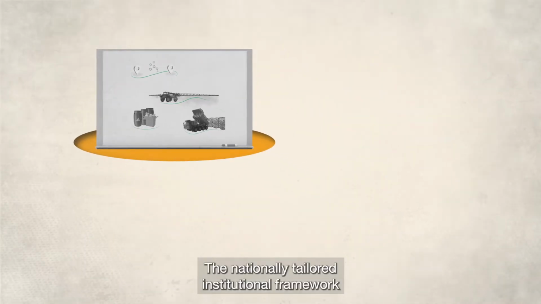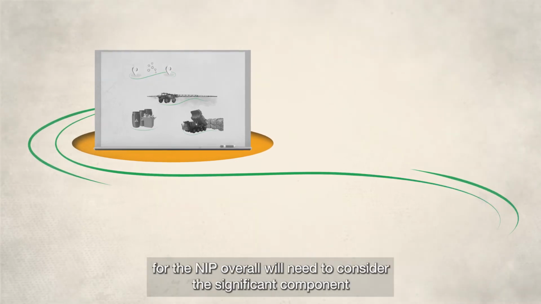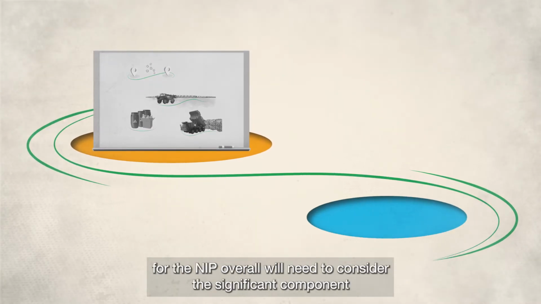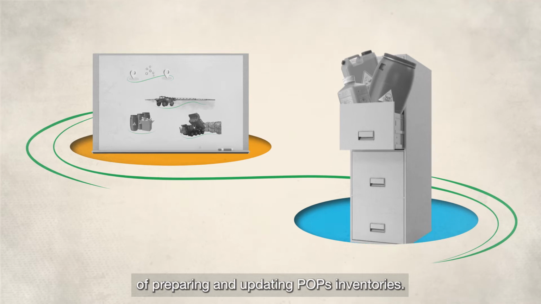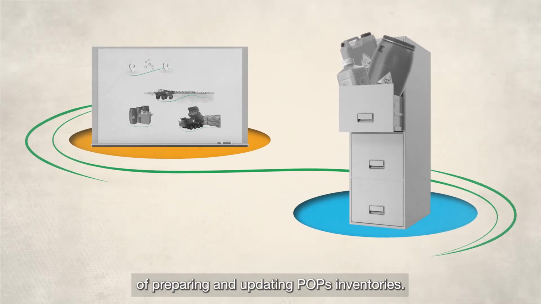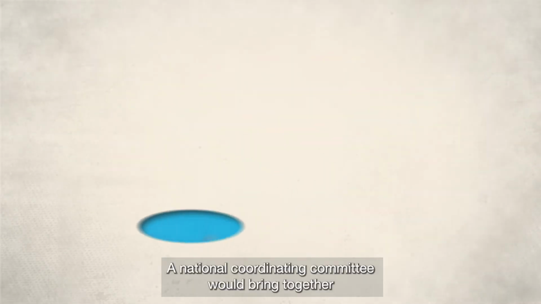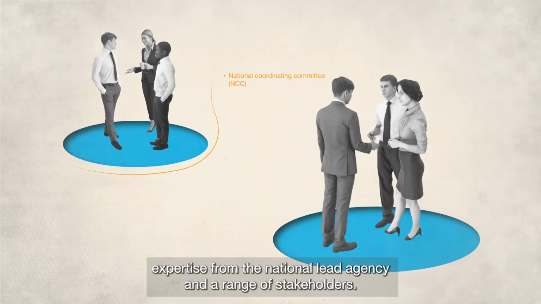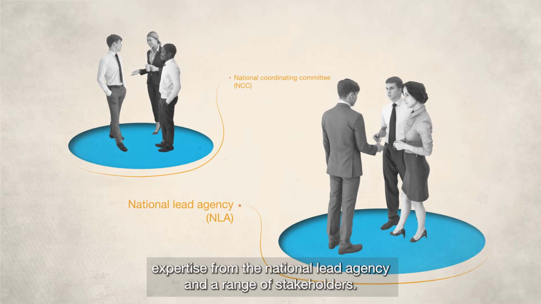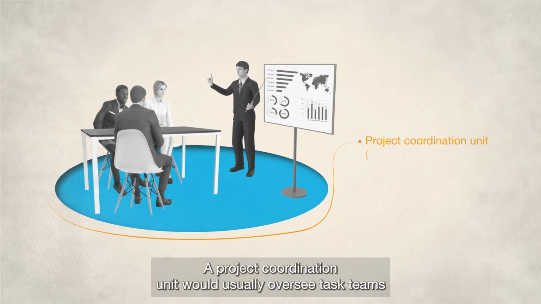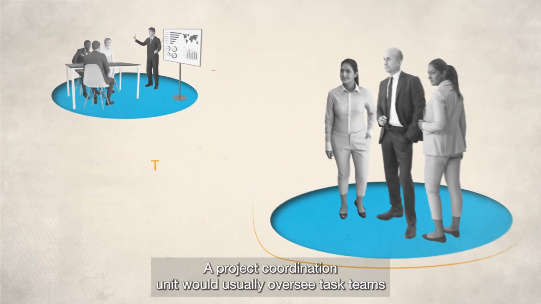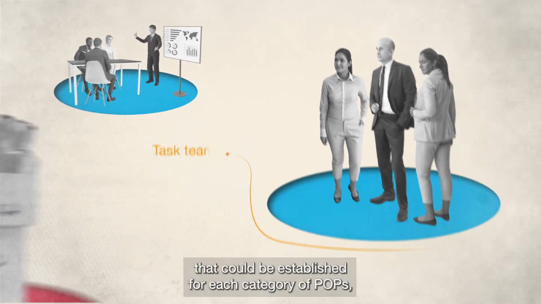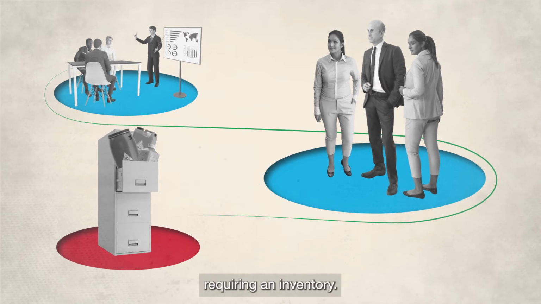The nationally tailored institutional framework for the NIP overall will need to consider the significant component of preparing and updating POPs inventories. A national coordinating committee would bring together expertise from the national lead agency and a range of stakeholders. A project coordination unit would usually oversee task teams that could be established for each category of POPs requiring an